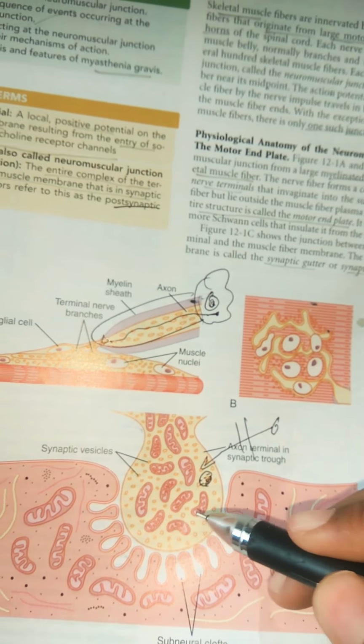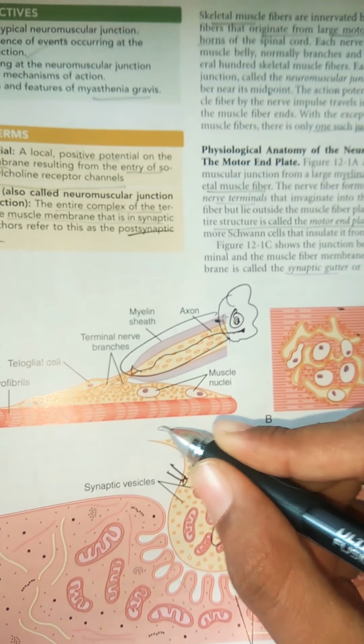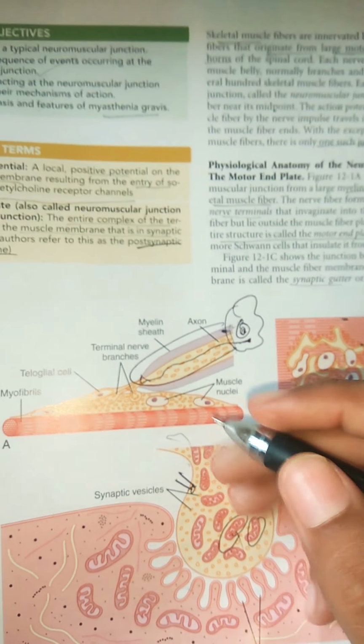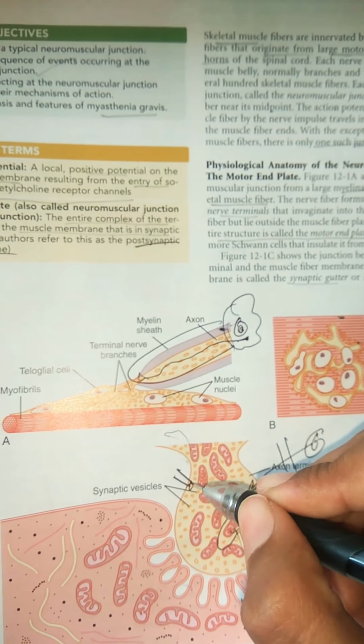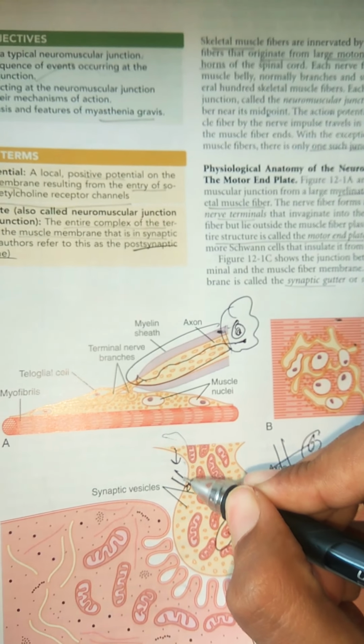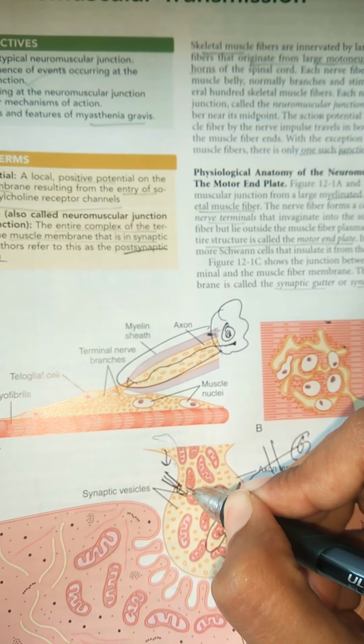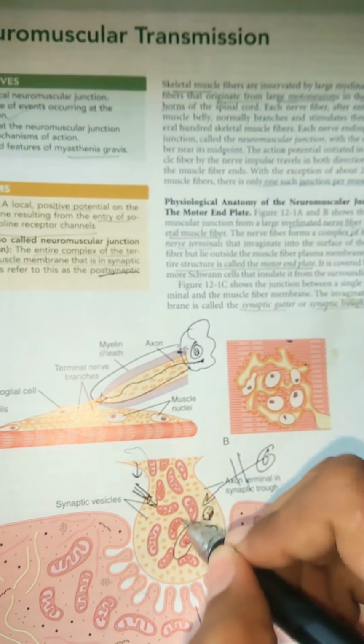Now this is transported into the vesicle, and the calcium is more in the extracellular area, and due to the depolarization, calcium enters into the cell. Here we also have some calcium channels. So because of the depolarization going on in our nerve, calcium enters the nerve terminal. This depolarization current moves the calcium into the cell.